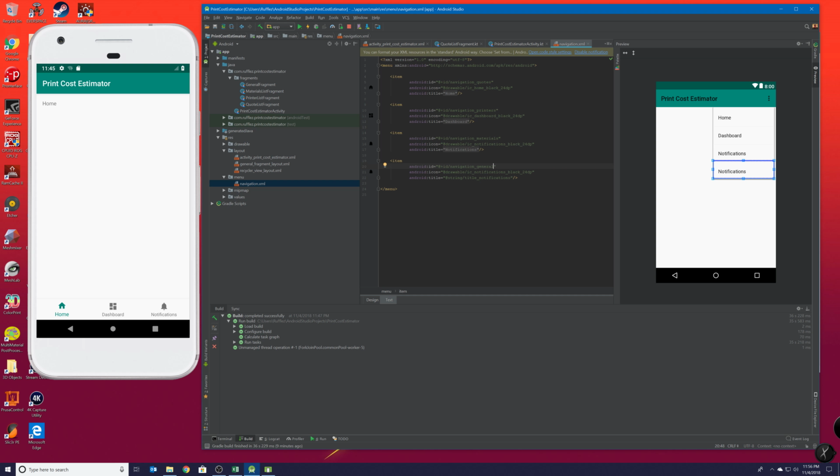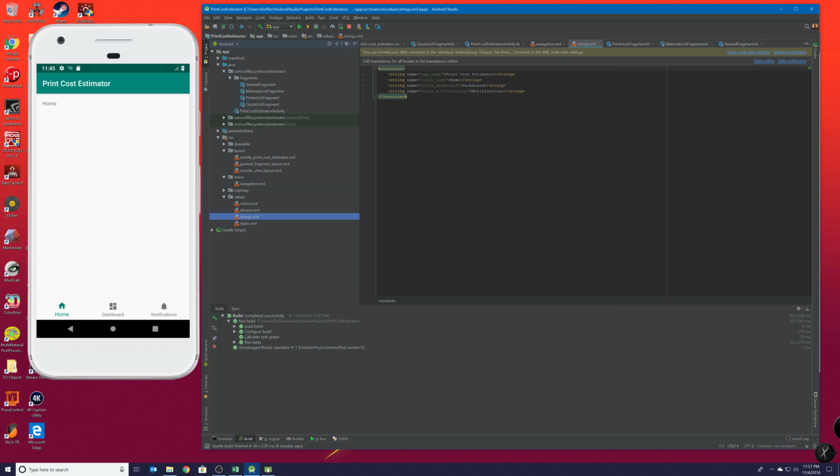But that literally does nothing for the text, since those are referencing some strings here. So let's go into values, strings, and let's add some strings that we're going to now use. So string, we'll do quote,